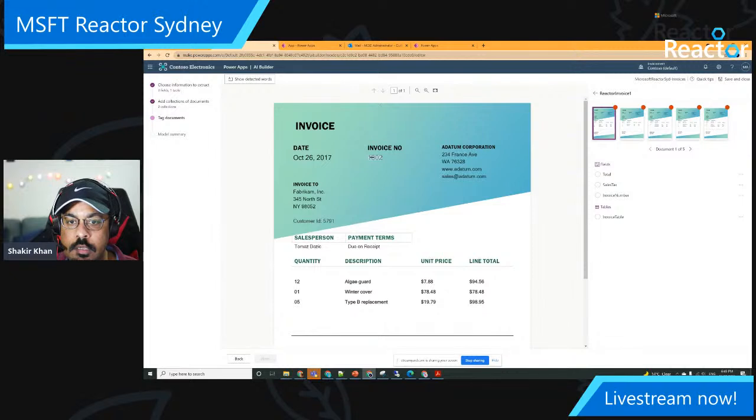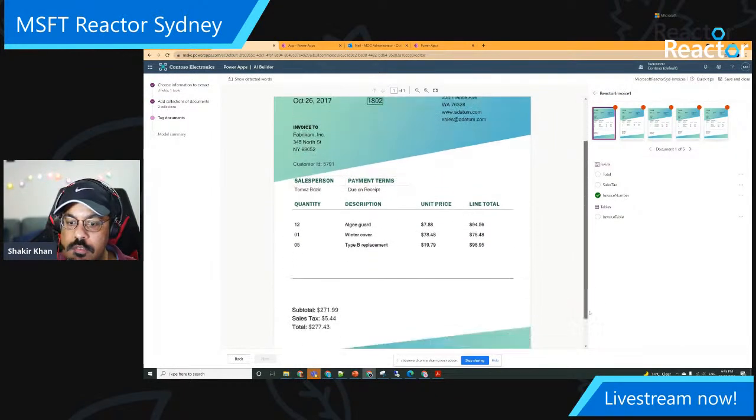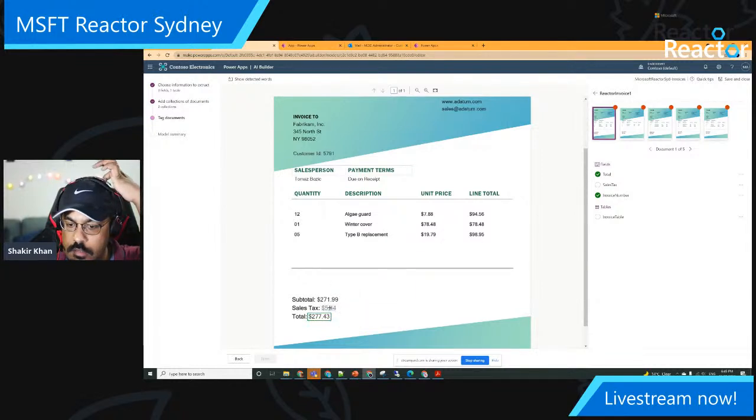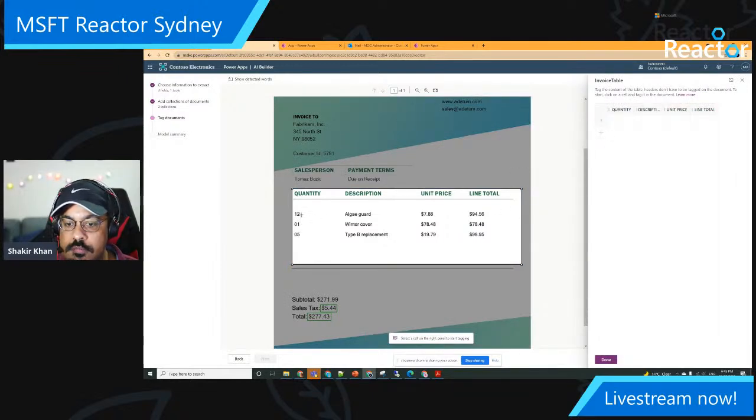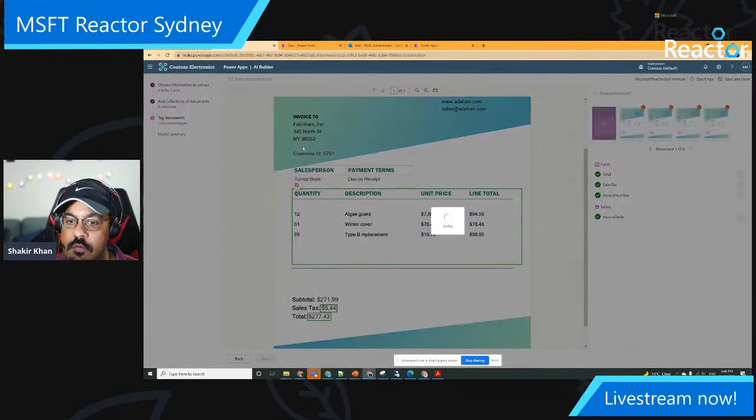And then I can detect that this will be invoice and this invoice number. This is my total and this is the sales tax, and for my table I can define this one and say this is my invoice table, and for this one I just say this value is quantity, this one is my description, this is my unit price, this is my line total, and description and unit price and line total, and go to quantity, description, unit price, line total, and once I click on done, so this is done,